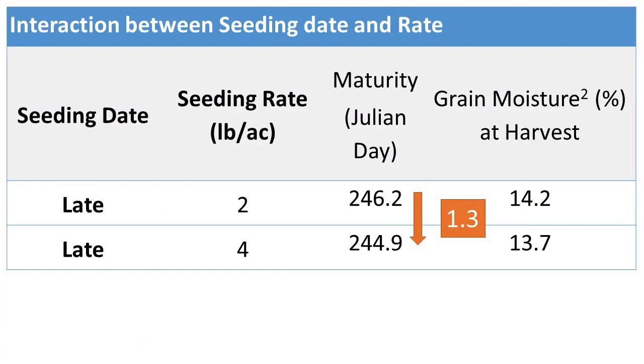In our study, increasing seeding rate hastened maturity for the late seeded canola. The high seeding rate reached 60% seed color change 1.3 days earlier, and at harvest, grain moisture was about 0.5% less. You can see the grain moisture at harvest is quite high, and this was done on purpose, so I could use grain moisture as a relative indicator of crop maturity. I can harvest research plots early because it's pretty easy to dry small sacks of grain on an air table.